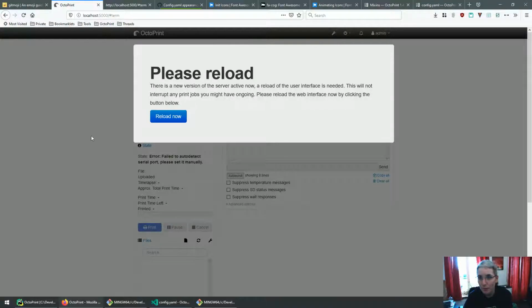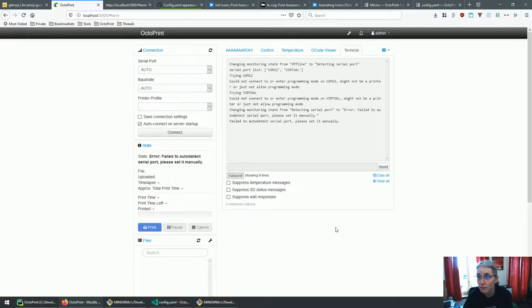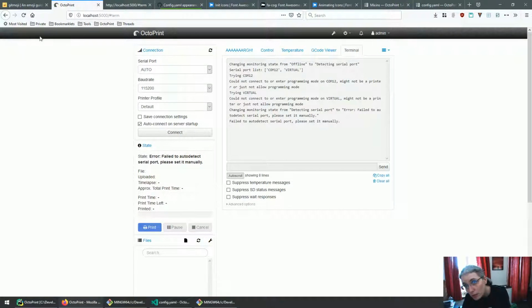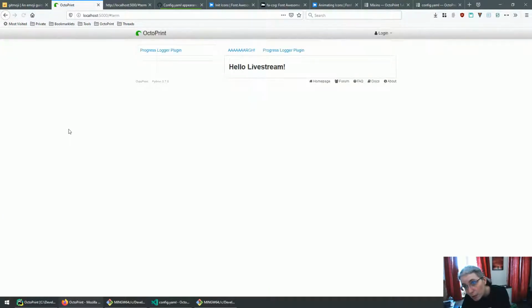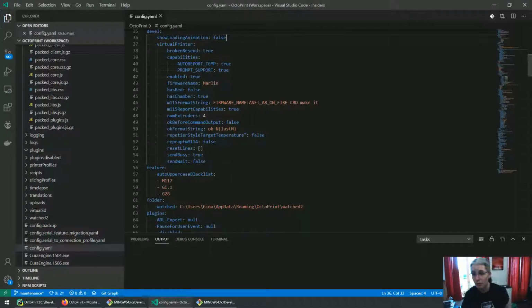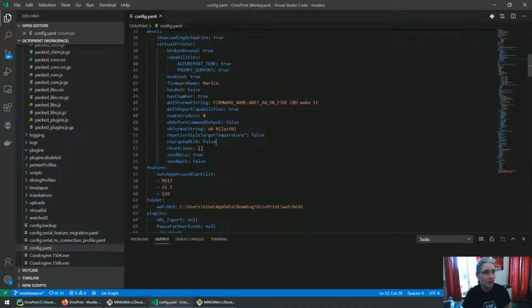Okay, it has restarted now. Yeah, it's not beautiful, but if people don't want a loading animation, then this is what they will get, and I'm not going to change that, sorry. The whole reason for this flag is actually because someone